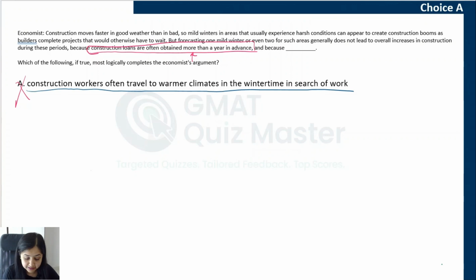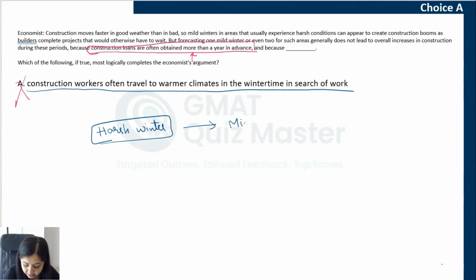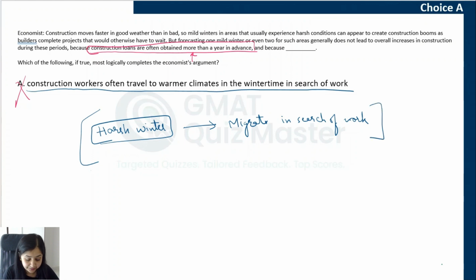So what would you expect in wintertime? You would expect harsh winters, right? So usually during these harsh winters, workers would migrate in search of work, because usually during harsh weather the construction would not be so much work, so they will move to warmer places. Good weather, more work, so they are more likely to find work there. All right, now, is this applicable in our scenario when we are talking about mild winters